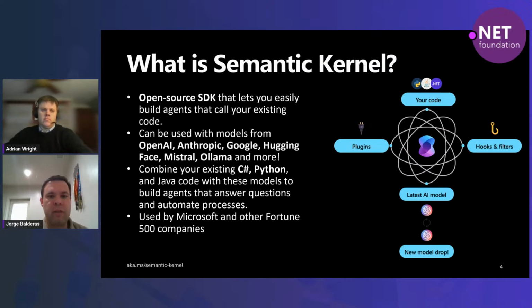So let's start. What is Semantic Kernel? Semantic Kernel is an open source framework, an SDK that lets you augment your applications with AI models, so you can tap into AI from your code. It can be used with different models, not just OpenAI. We have the popular models you may recognize here from Google, Gemini, Hugging Face, Mistral, Llama, and more to come. The framework is available for development in C# and .NET, and Python as well.